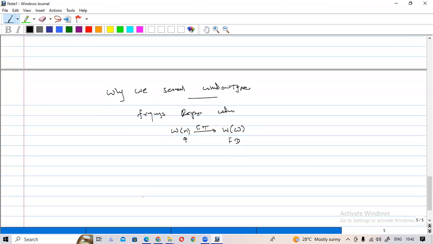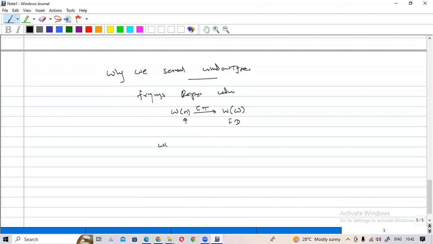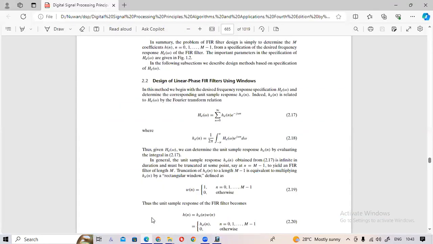So you know the rectangular window, that is w[n] is equal to 1 when n is between 0 and N minus 1, then 0 otherwise. This is the rectangular window. So I ask you to find the Fourier transform of this window. You can easily find the Fourier transform of this window, and the Fourier transform is obtained as